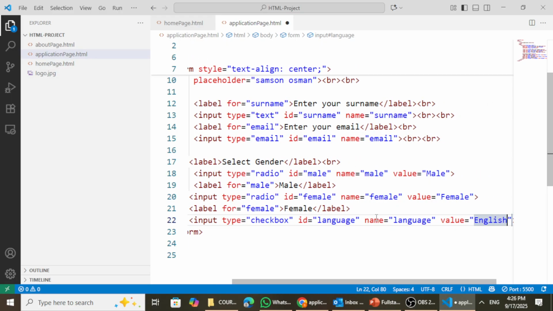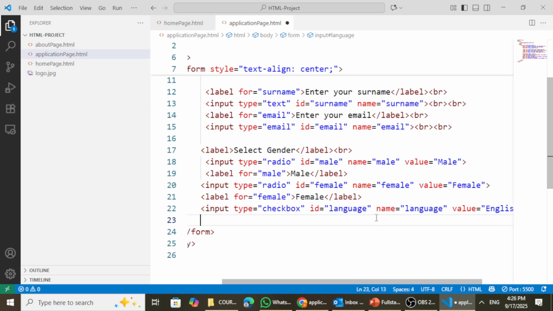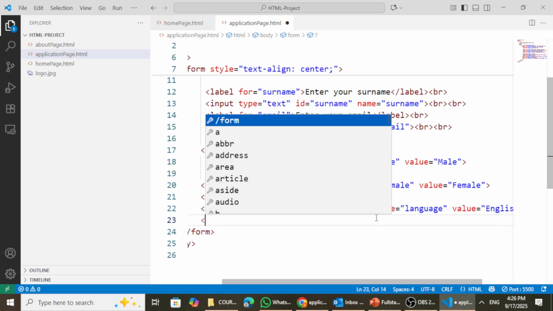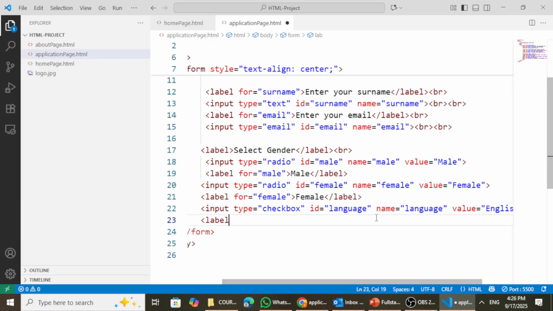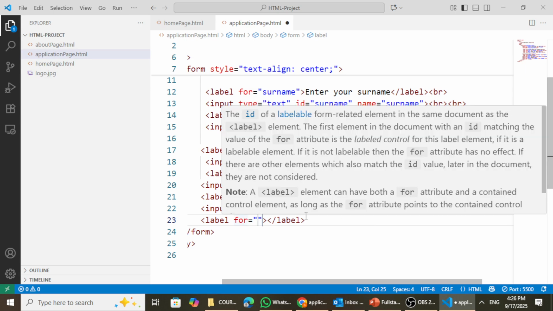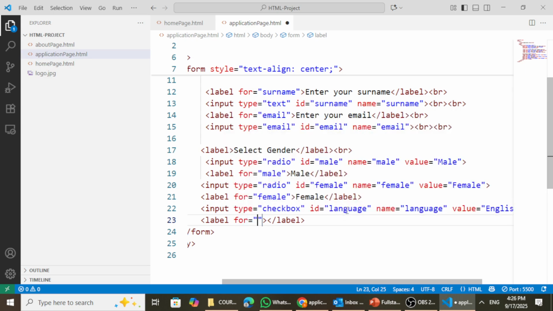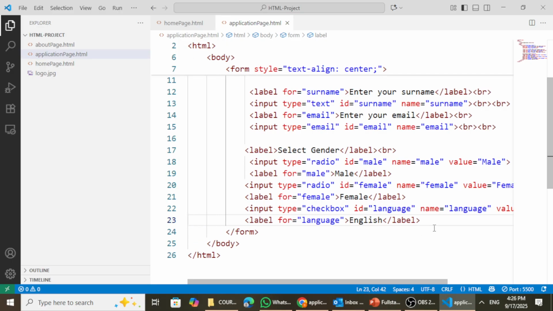All right, then below it I'm going to put the label for it. And this label is going to be for, so in the for attribute within these quotation marks, we put the value of the ID, language. Then we can specify and say English. Then we can add another input value,